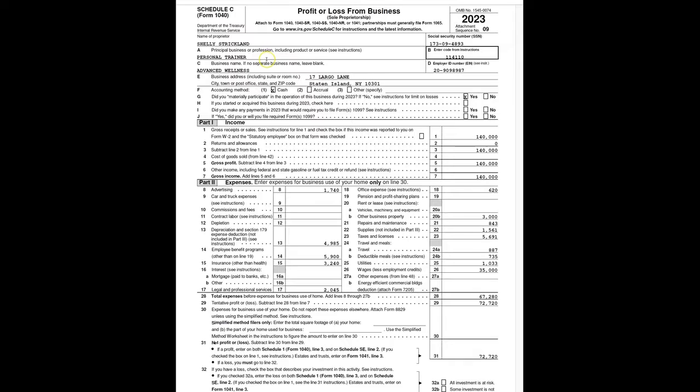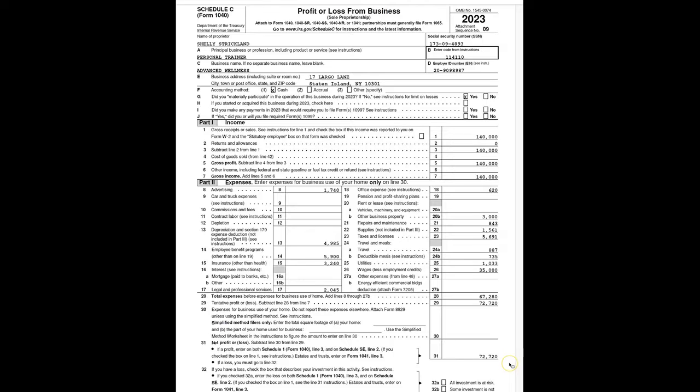because Shelley Strickland is a self-employed personal trainer. And her gross income from the business, right here on line 1 of Schedule C, $140,000. But her bottom line net profit on Schedule C, down here on line 31, is $72,720. So what started out as $140,000 of gross income on Schedule C,